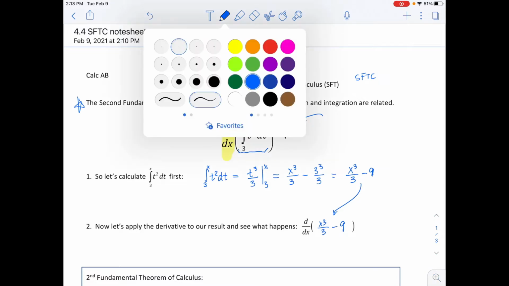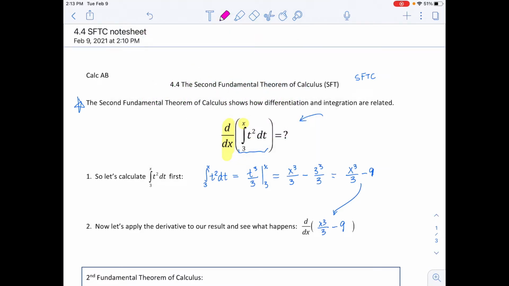So let's get back into derivative mode in our brains, where we're going to apply the power rule. We bring the 3 down front and decrease the power to 2, right? When we do that, there's already a 3 in the denominator, so that cancels. And the derivative of minus 9 is 0 because it's a constant. So the derivative equals x squared. Now I want you to take a nice long look at the original question and think about what has happened. If the derivative of that integral is x squared,